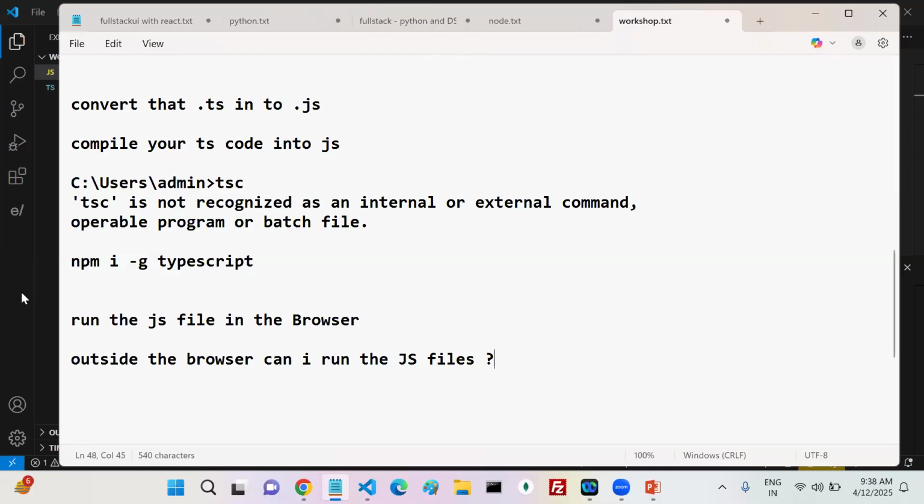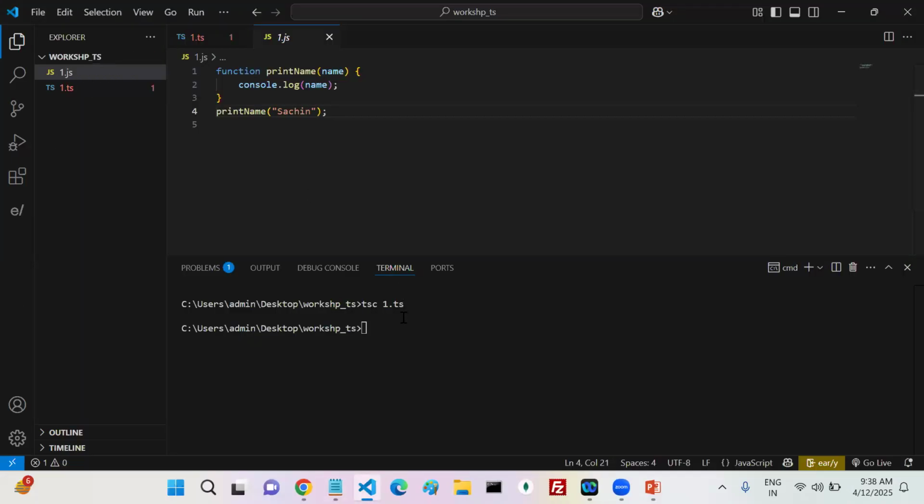If you want to run this JS file outside the browser, see here Visual Studio Code, it's not a browser, right? In this terminal, if you want to execute the JS file outside the browser, node is the one that provides that. So first of all, in your machine, node should be there.